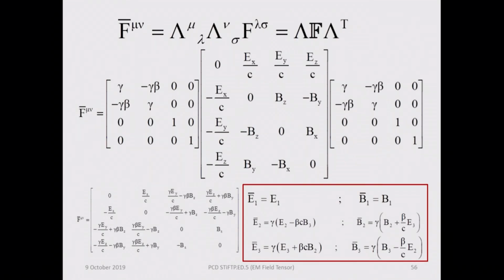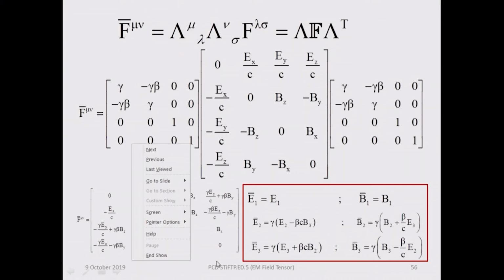So, here the reason you are able to mix E2 with B3, look at this equation, it is beautiful. This one, E2 minus beta C B3 is equal to E2 bar, and there is of course a gamma there. You are actually adding these two, subtraction is also addition, right? You are actually adding these two, mixing them, superposing them because they are the same physically,